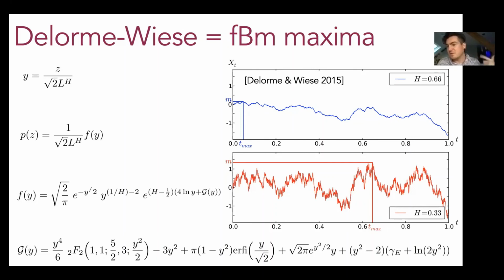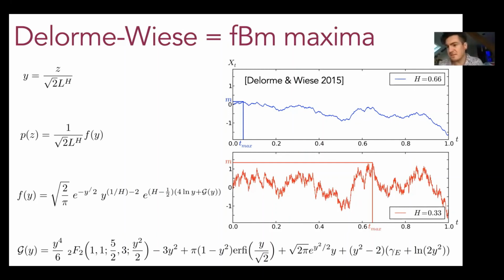But we can have a more general type of random walk where if I zoom in, it looks the same, but I have to zoom in at different aspect ratios horizontally and vertically. That's called fractal Brownian motion. And these guys recently described this horribly ugly probability distribution, which is for the maximum of a random walk as a function of that aspect ratio, which is characterized by an exponent called h.